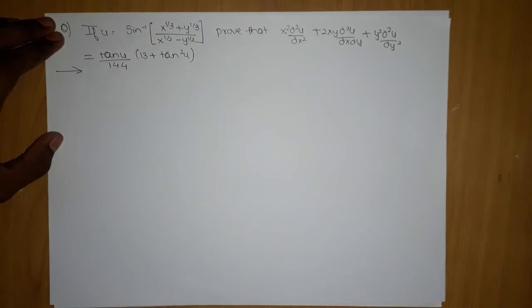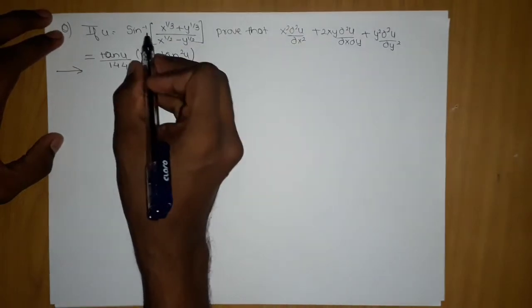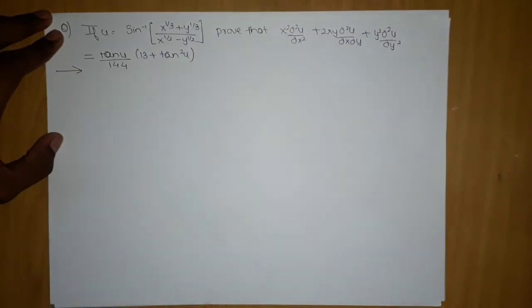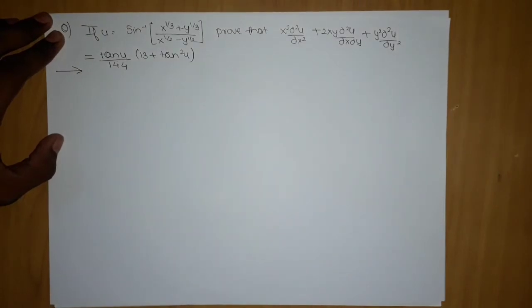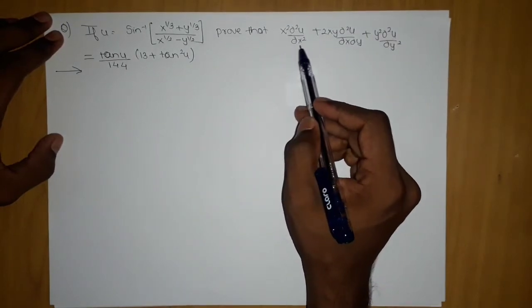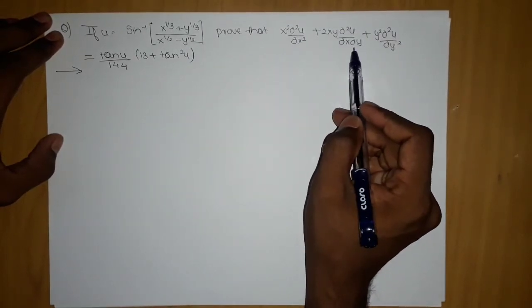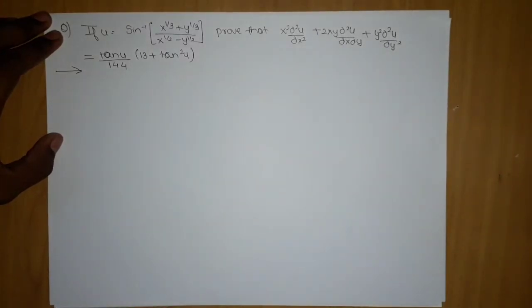Now as I mentioned, there will be some u with sine inverse and x by y thing, and you can clearly see there is something like that. One more hint: you can clearly see here that we have x square del square u by del x square and 2xy del square u by del x del y. So I'm going to use what formula? The second one, which is the fourth formula in the deduction one. And deduction actually means that the thing will be the same, just in a new form.